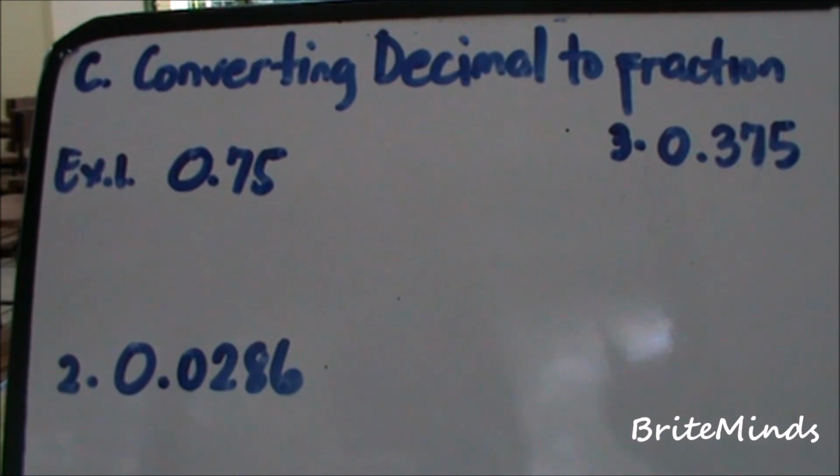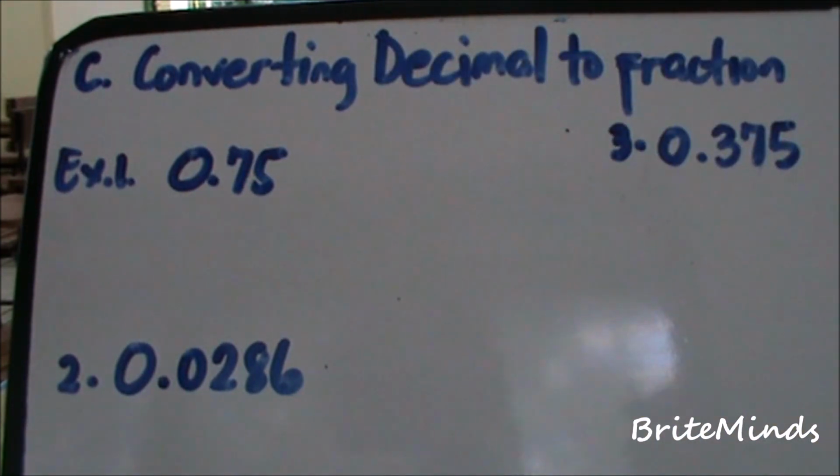And I have discussed in my previous videos how to read and write decimals, so it will be very handy for you students in converting decimal to fraction, like we have here